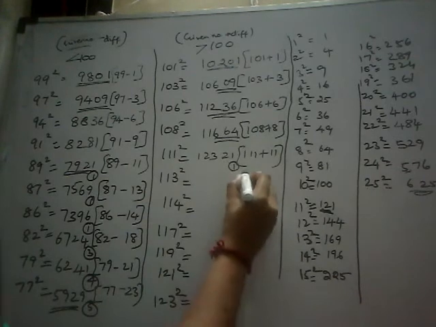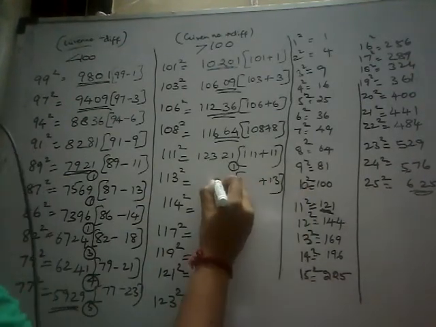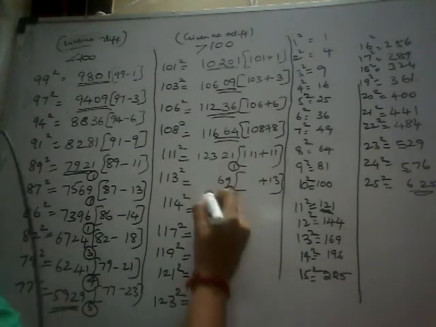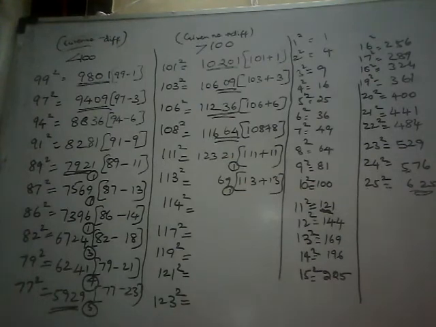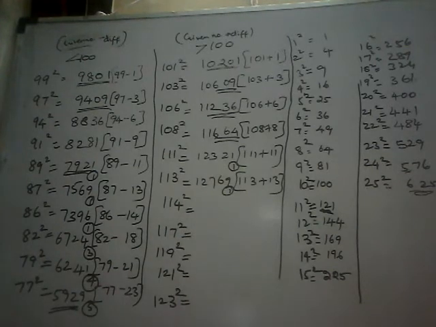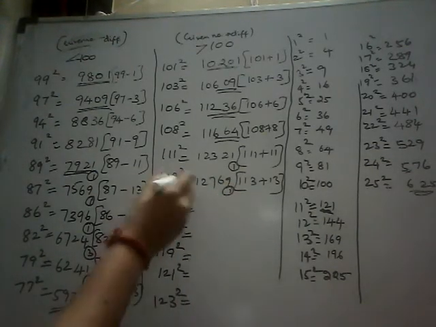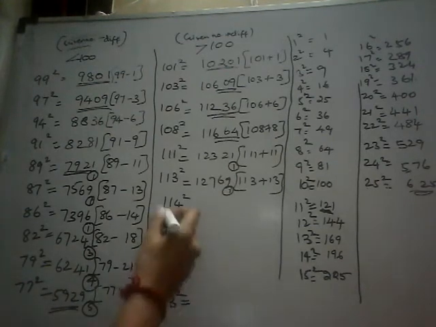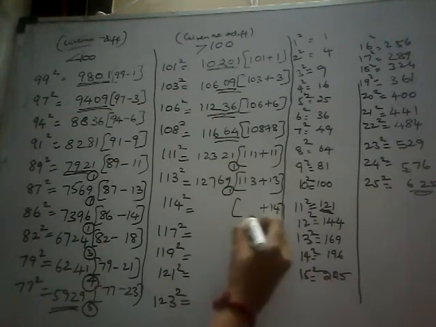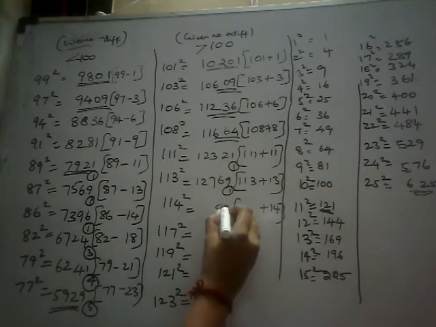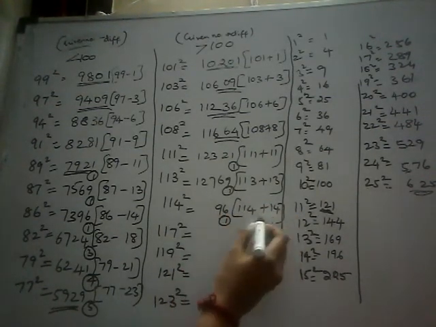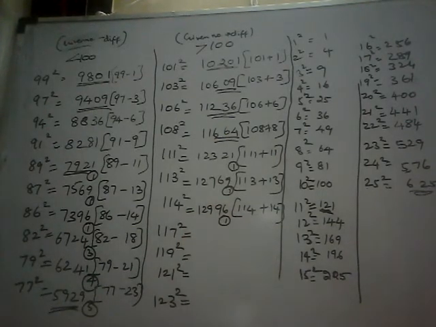What is 113 square? How much is the difference? 13 is the difference. 13 squared gives you 169. 69 right, 1 in the carryover. And then this 113, add this 13. That will give you 126. 126 plus 1 gives you 127. So 12769 is 113 square. Like that you can find it for all. Try it for 114. How much is the difference? 14. Square that 14, 196. 96 and 1 carryover. 114 added to this 14 is 128. 128 plus 1 is 129.